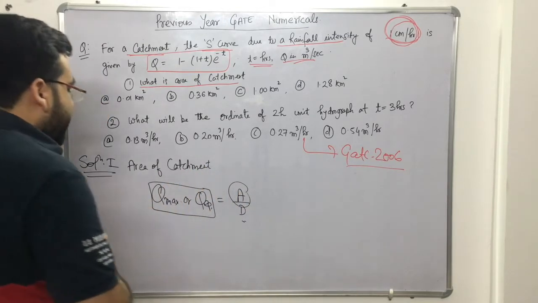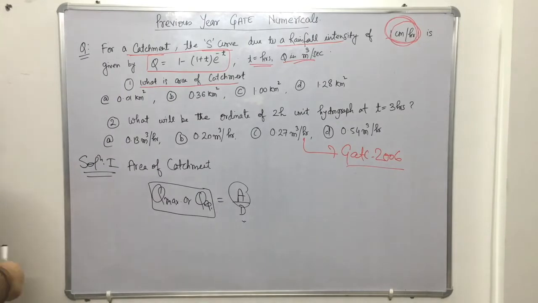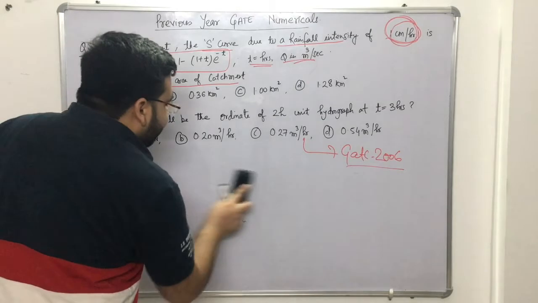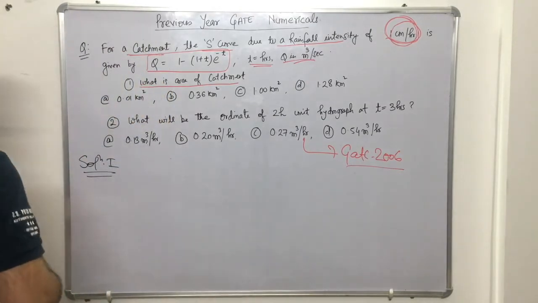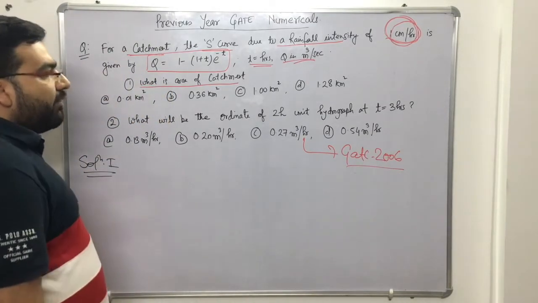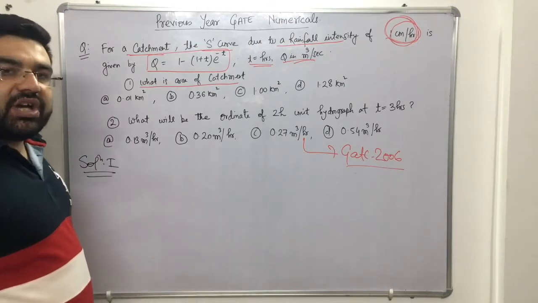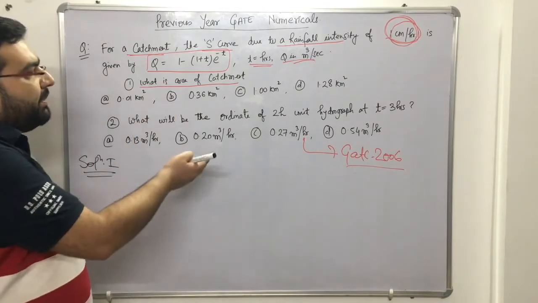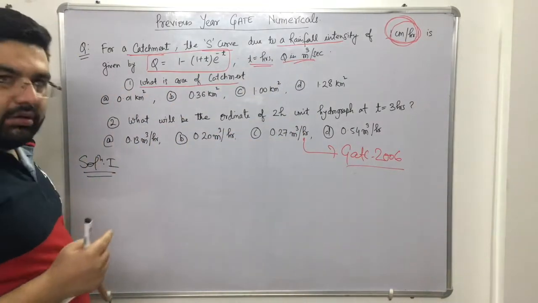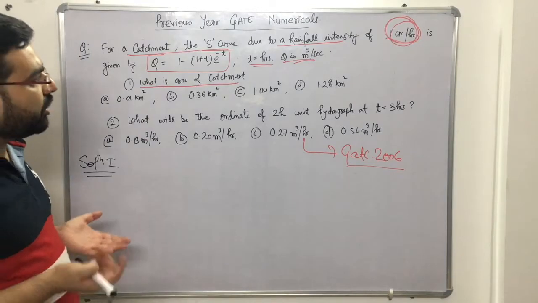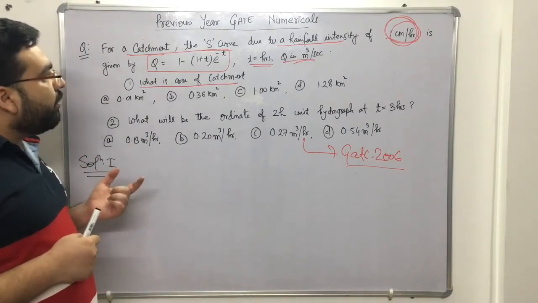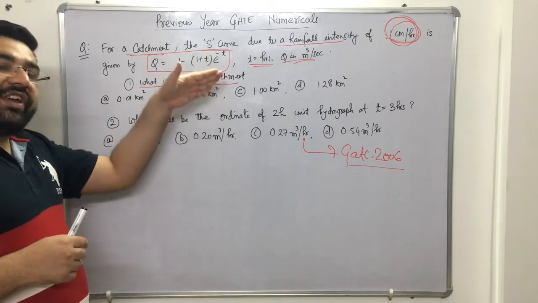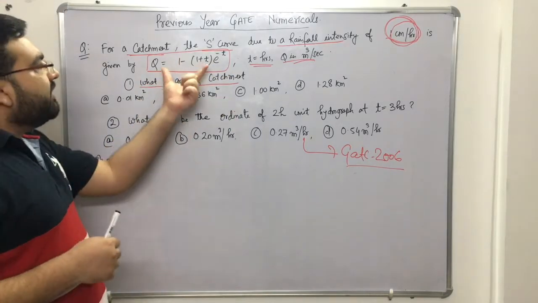So first of all, let me determine the Q max. Now if you remember, there were 3 ways to determine Q max. The first way was the normal method, 2.778 into A by D, which is not applicable because we are not given a table. That is why we cannot determine the Q max or Q equilibrium that way. The second method was to determine T and hence determine Q, but it will be a very lengthy method.